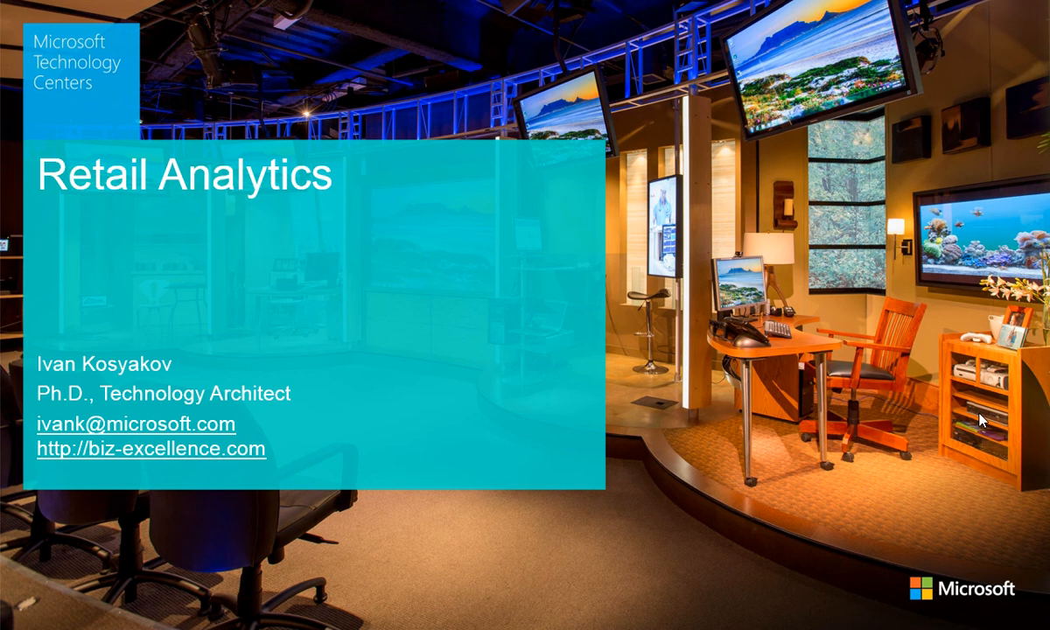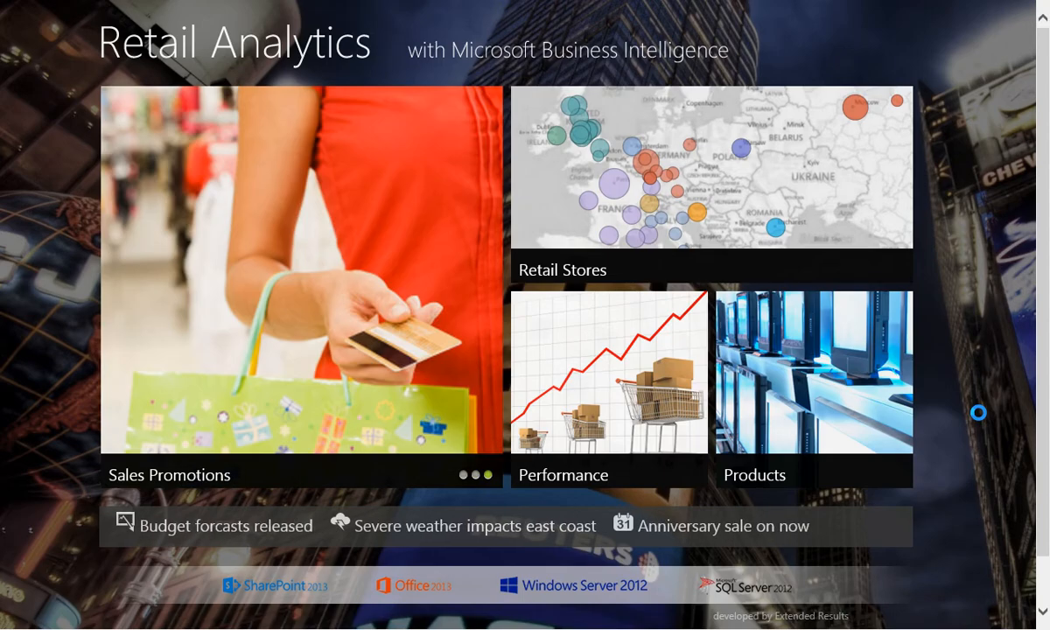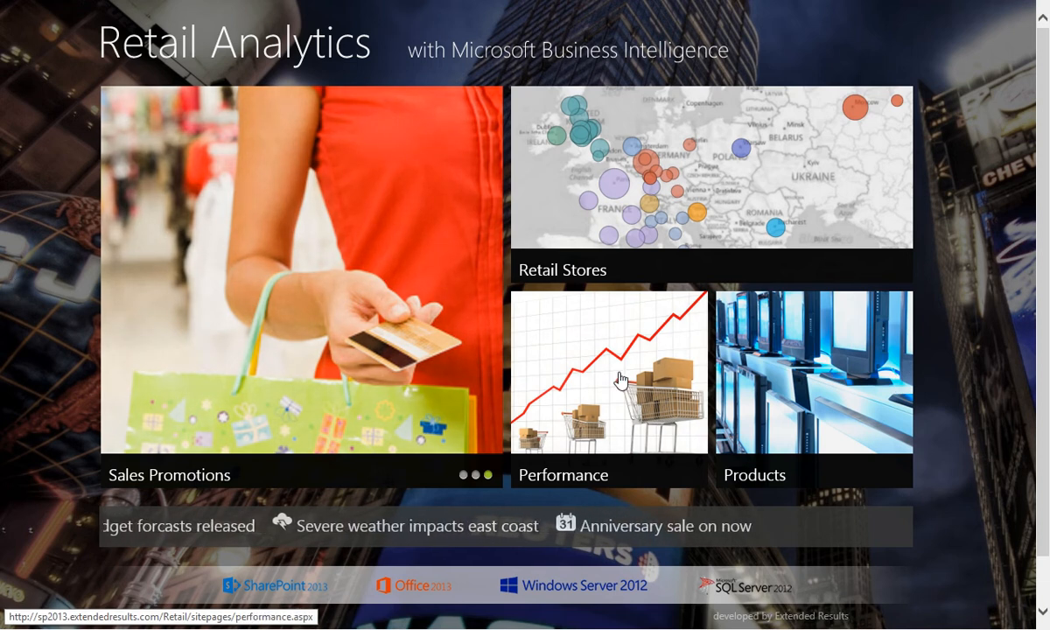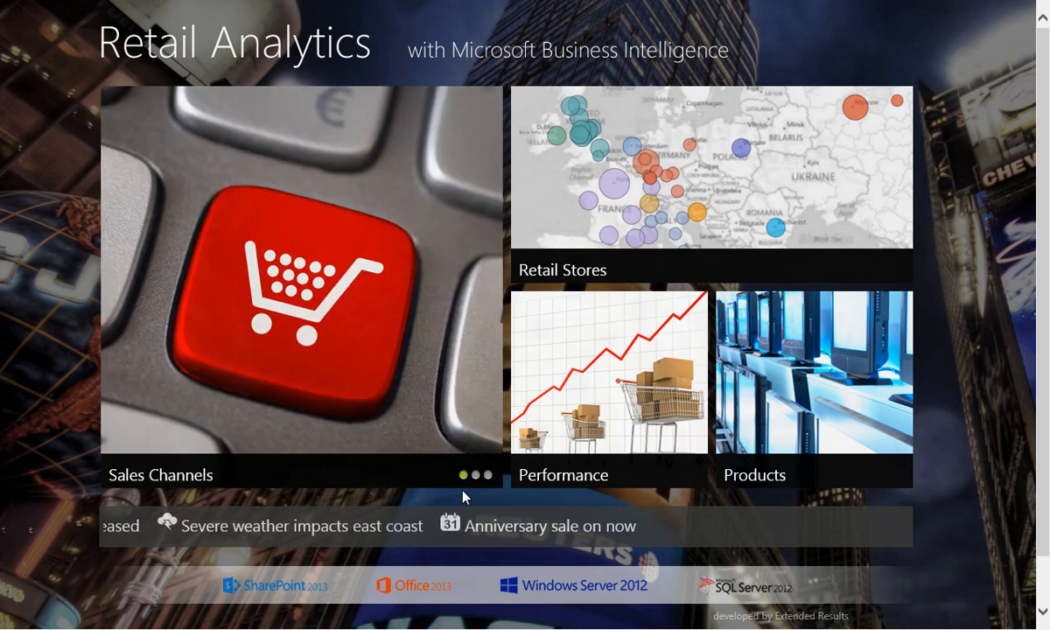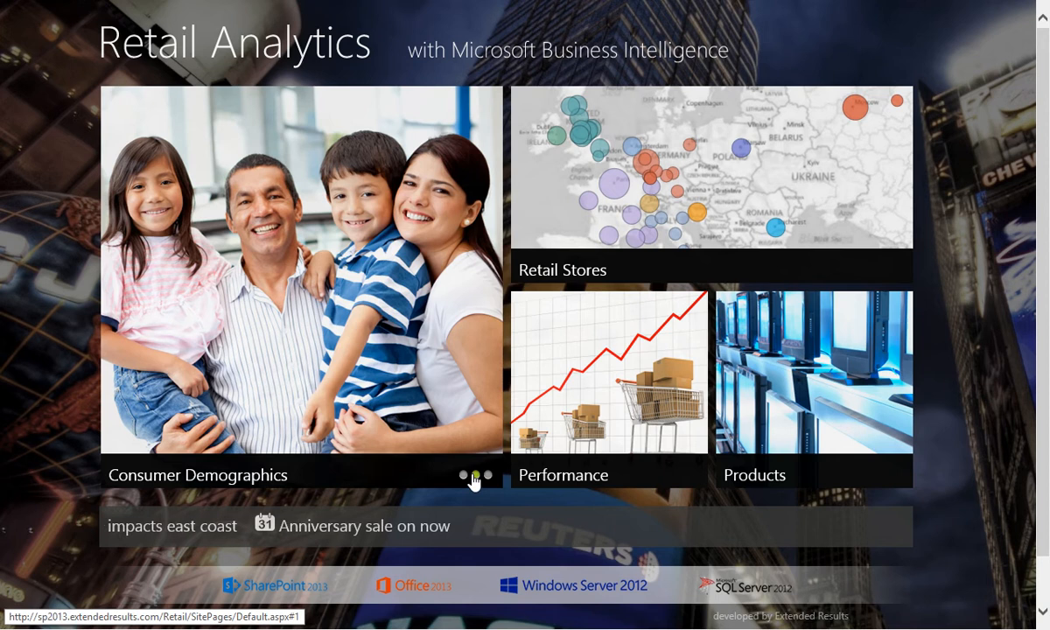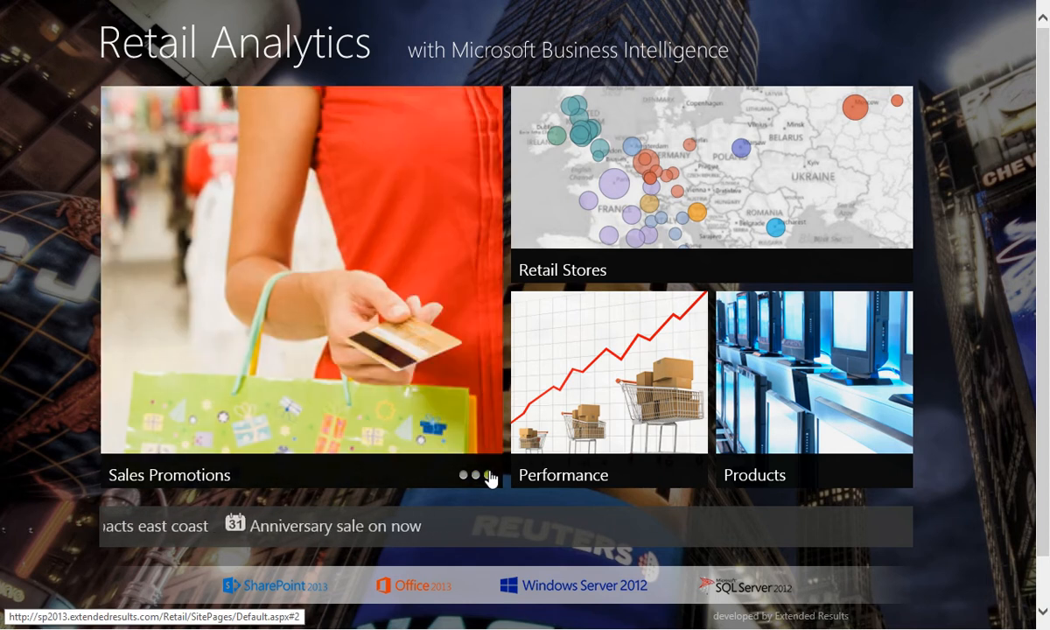So let's go to the portal. Here we can see different types of reports. We have links to these reports, and below we have a scrolling ticker which connects directly to reports. For the beginning, I will use one of these links, and I will open a sales promotions report, which is on one of these pages. So I am opening sales promotions,